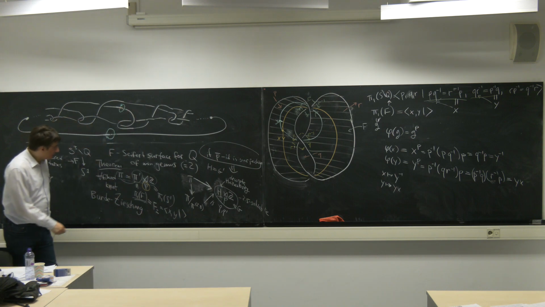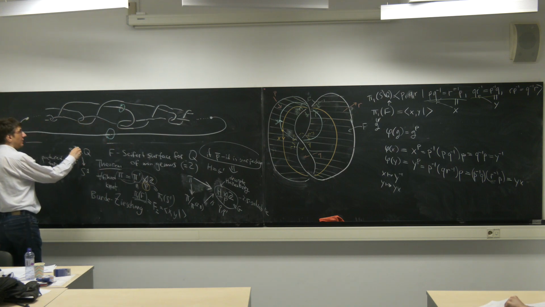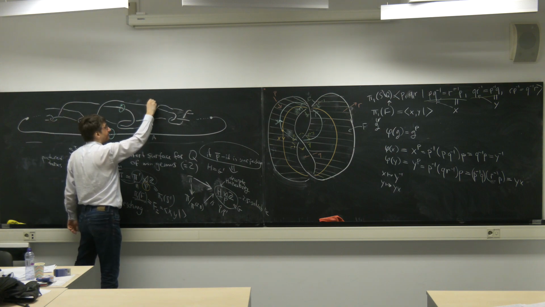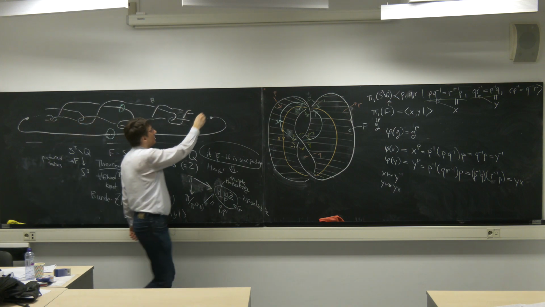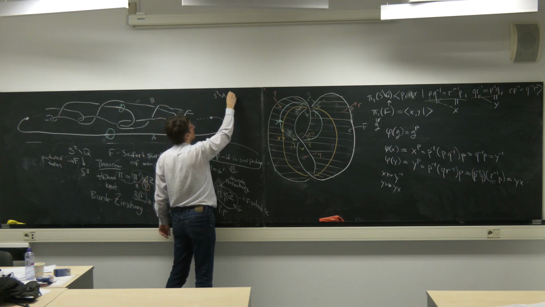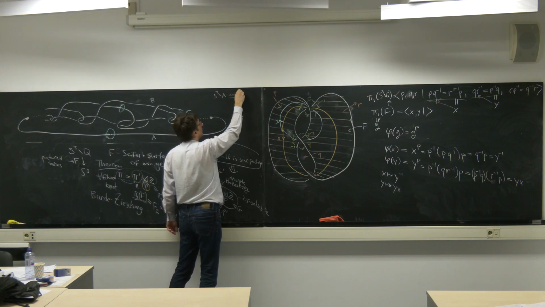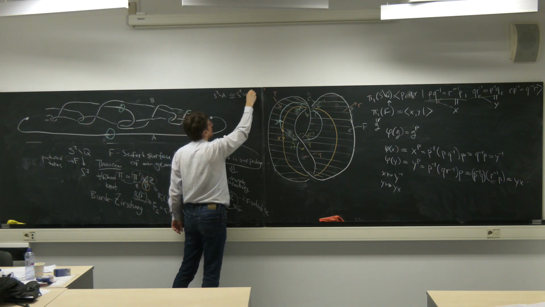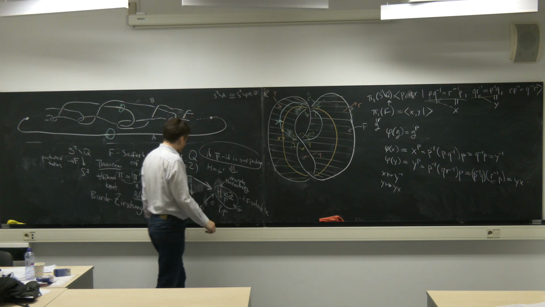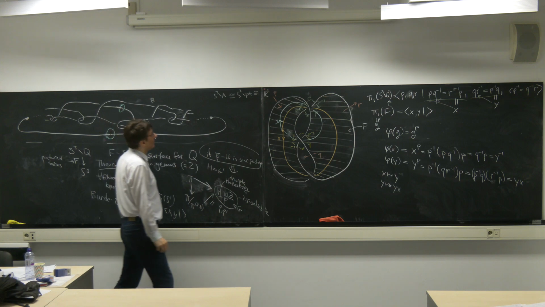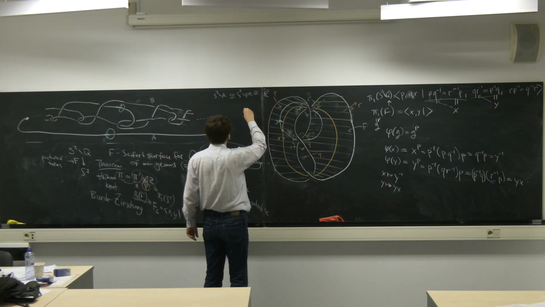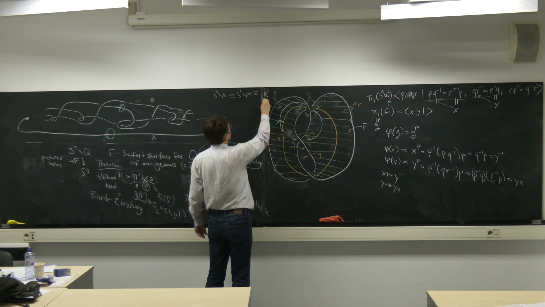Okay, so it consists of two tame arcs. Let me call them A and B. So S3 minus A is homeomorphic to S3 minus a point, which is homeomorphic to R3. And R3 is homeomorphic to